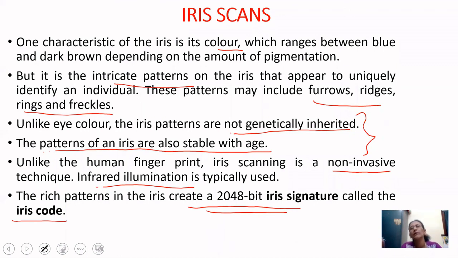This completes our topic on biometrics. We have seen the characteristics of a good biometric, which is again an important question that is asked. Then we have seen the error measures, and two case studies, fingerprints and iris scans. Short notes on these are generally asked. With this we finish this topic.